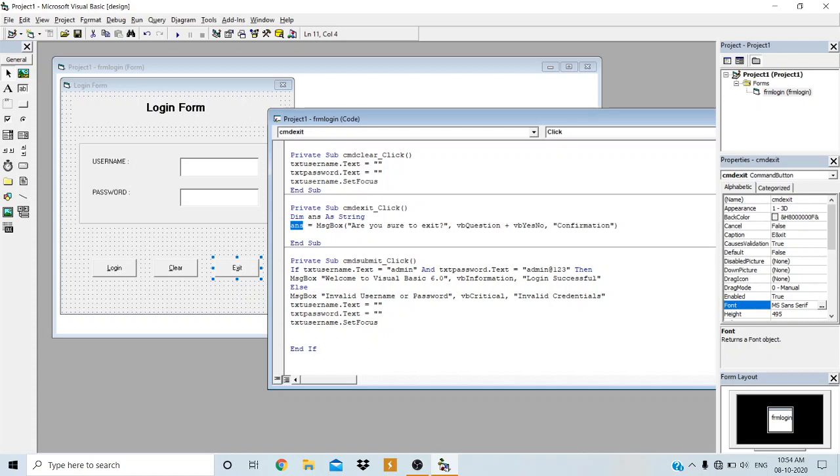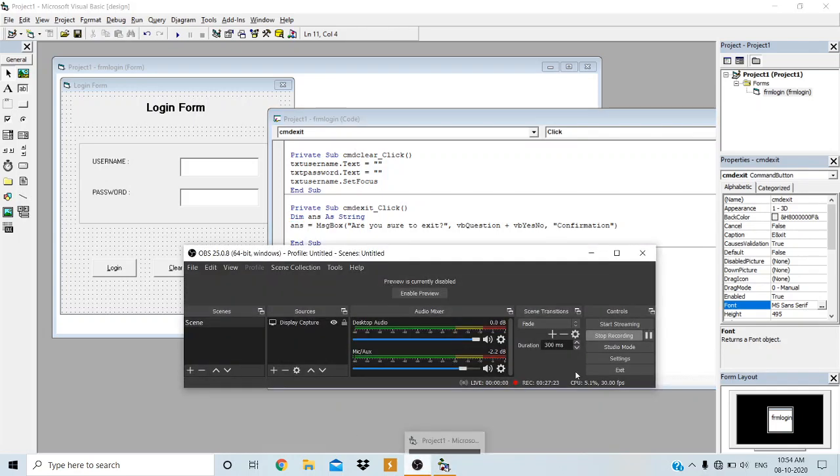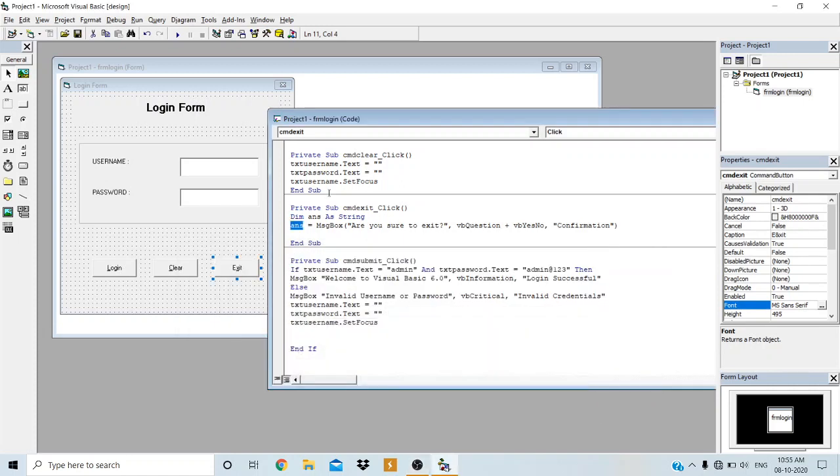It holds the value of which button is clicked from the message box. The message box is going to display two buttons here. This variable ans holds the value of which button is clicked.